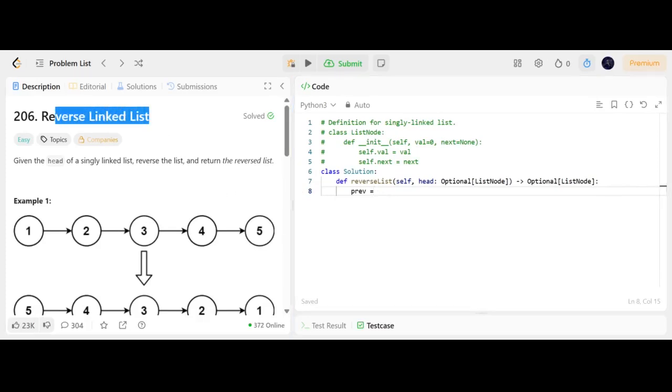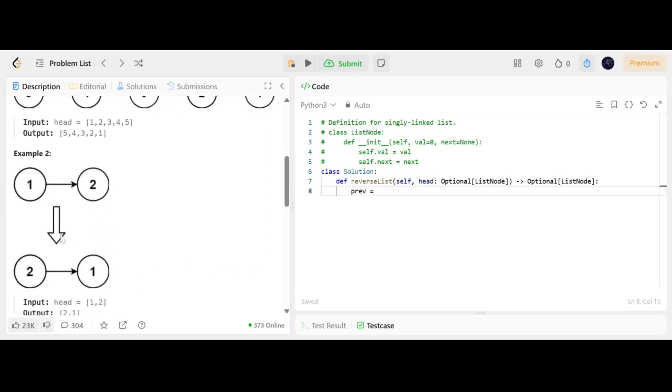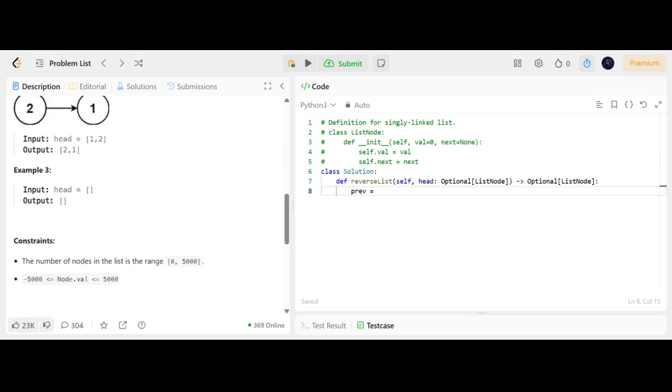Today we're going to be looking at Leetcode 206, reverse linked list. We're told that we're given the head of a singly linked list and we need to reverse the list and return the reversed list. So in this example, we've got 1, 2, 3, 4, 5, and we reverse the list so we get 5, 4, 3, 2, 1. And then we're given another example here, and when our head is empty, then we're just going to return an